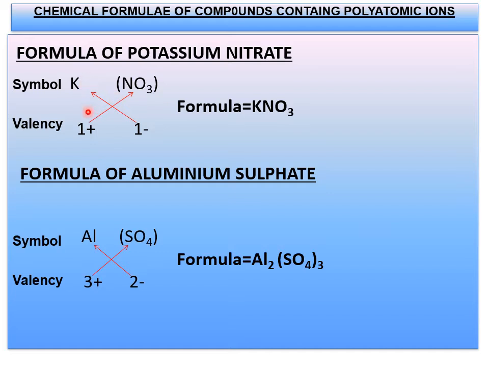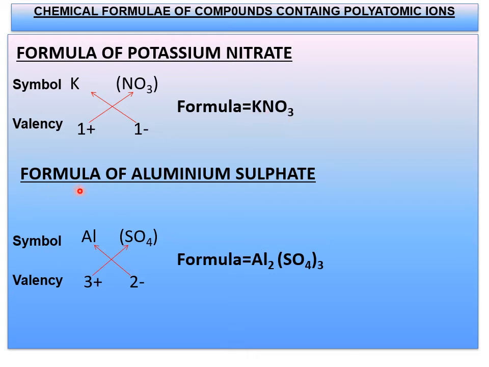Now you have to write the respective valences with the plus or minus. So potassium plus 1, nitrate minus 1. So now the common is 1 only. No need to mention 1. You can omit it. And we can omit the signs also. So potassium you get 1, nitrate also you get 1. If it is in bracket, if it is 1, that also no need to write as a subscript. So the formula for potassium nitrate is KNO3.